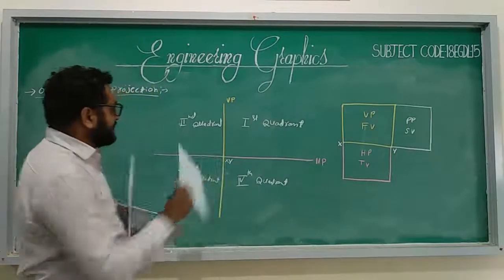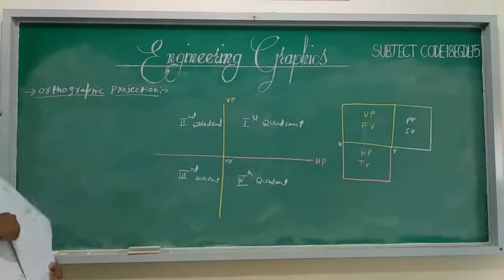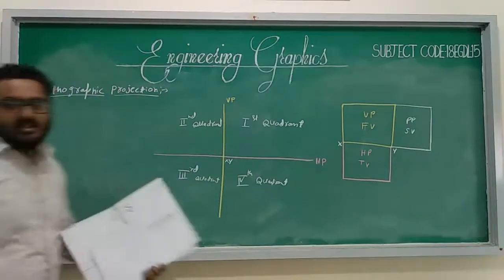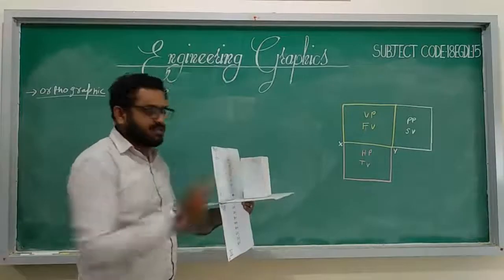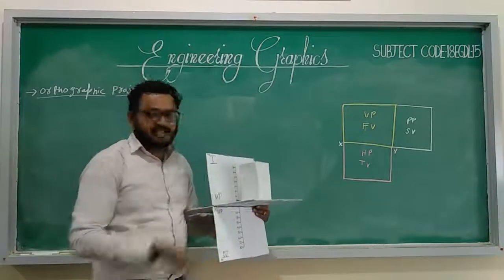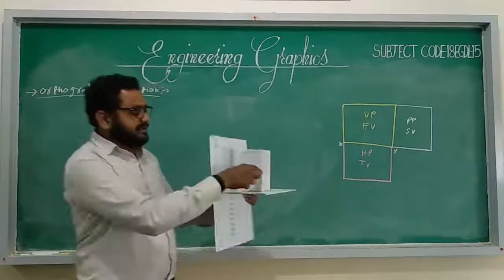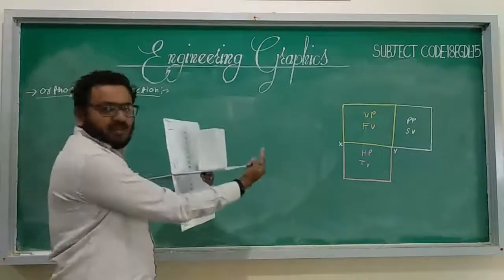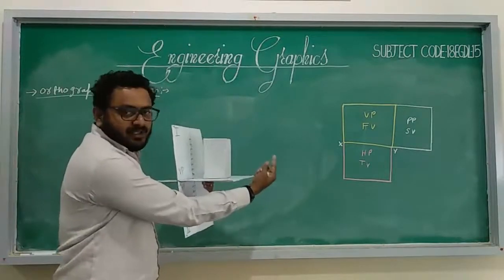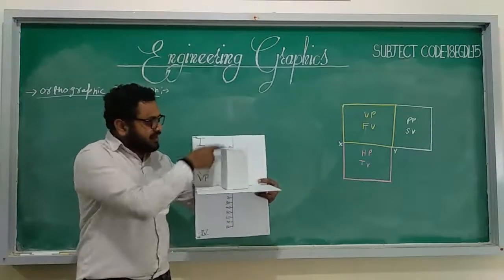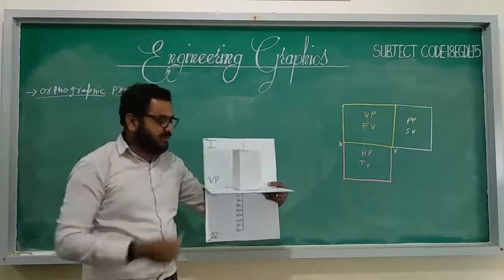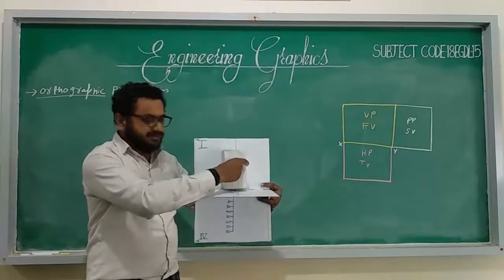I will give you an example of a small object. If you take the same square prism, how will it look? Okay, here it goes. If I keep the object in the first quadrant, the front view, top view, and side view will be drawn. See, the observer will always be constant. We will be on this side. When you are seeing the front view, the shadow will fall on the vertical plane. So that means like this.